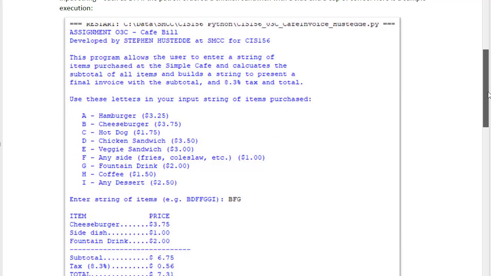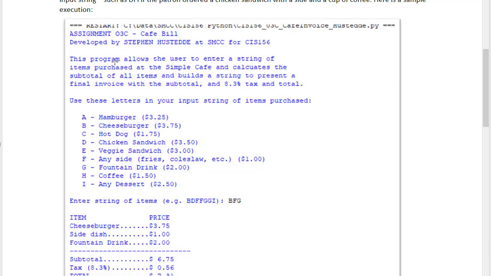Here's an example of a screenshot. So again, we're going to print some information to the user, including the letters that are being used. The user would enter a string. So here they entered BFG. So the B would be a cheeseburger, the F would be a side, and the G would be a fountain drink. And then we're going to generate an itemized list of what was ordered along with the prices,